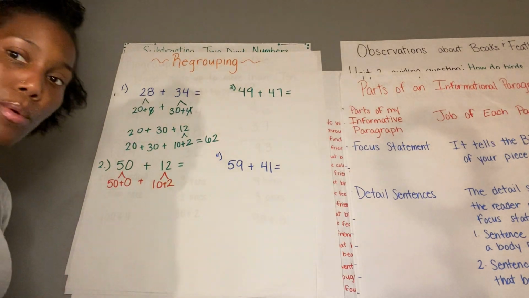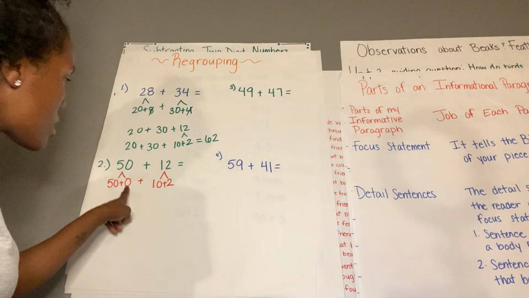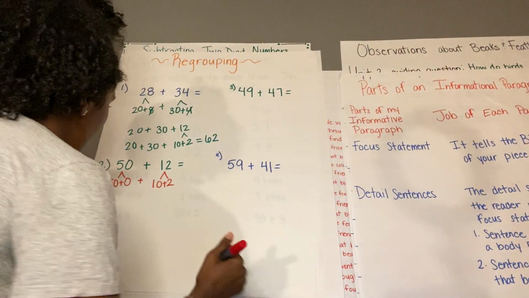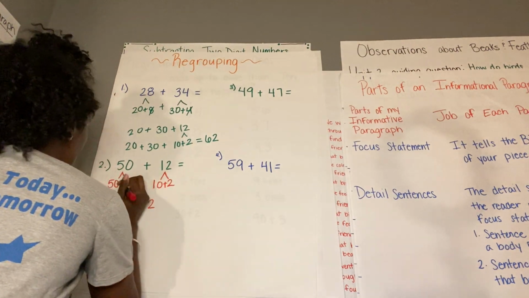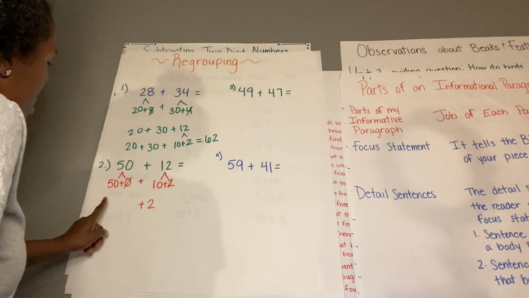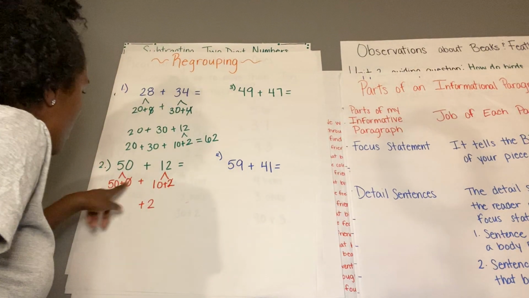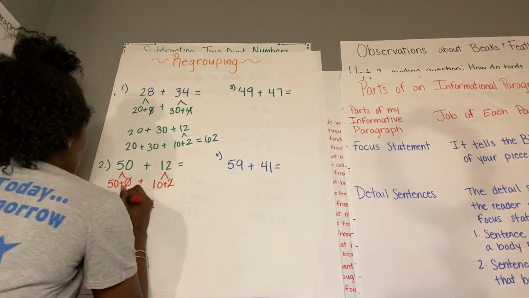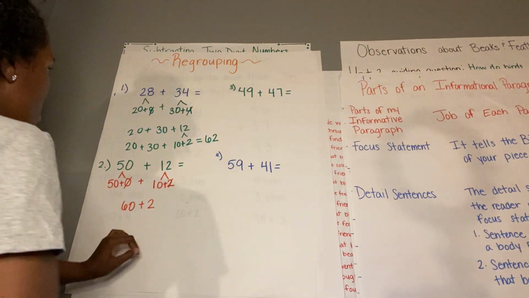Now, we always want to start adding our ones first. So what are our ones? 0 and 2. 2. Super easy. So now I'm going to bring a 2 down here. And I'm going to cross out that and that because I know that that brought me there. And then I'm going to add 50 plus 10. 5 plus 1 equals 6. So 50 plus 10 equals 60. So 60 plus 2 now equals